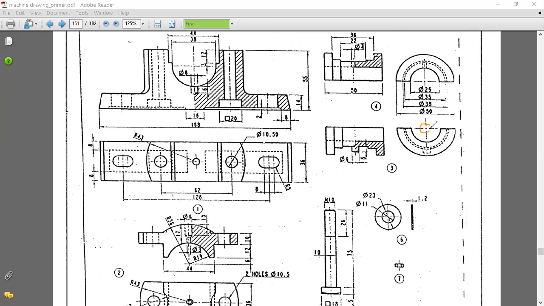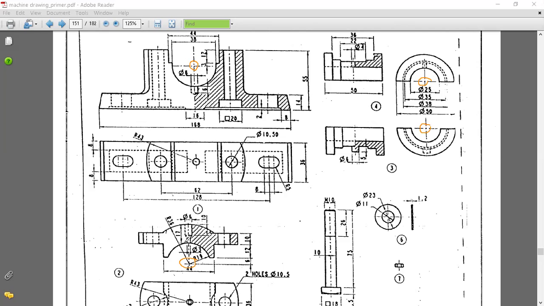This center, this center, this center, and also this fourth center, all are coinciding. These four centers are coinciding.